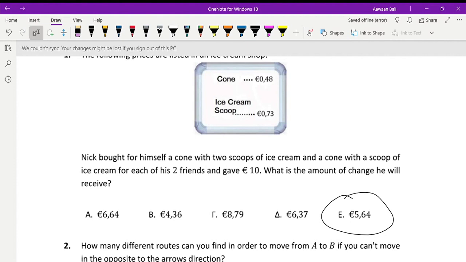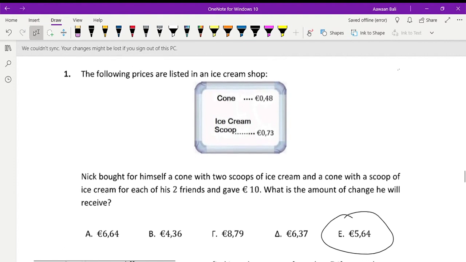Okay, so basically that means there were 3 cones. He spent it on 3 cones. He had his cone and the 2 cones for his friends. So basically 48 times 3, that's 144. And